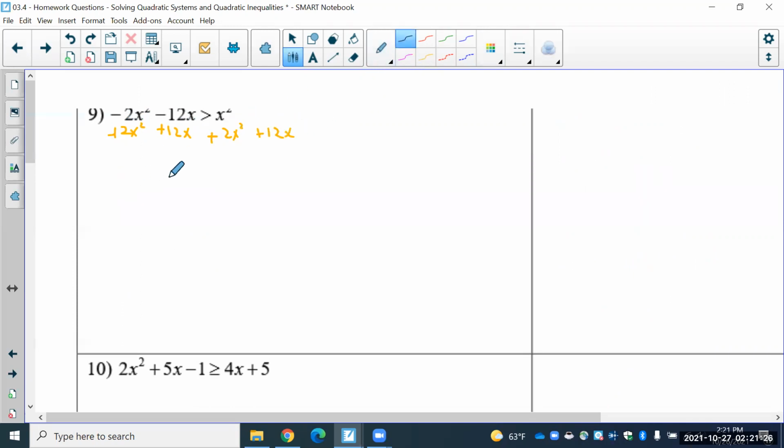And so here you have 0, right? And then here you have 3x squared plus 12x. What do you not have? There's no c. So you GCF, right? Now, when you GCF this, you're going to get two answers. One of them is going to be 0. The other one's going to be